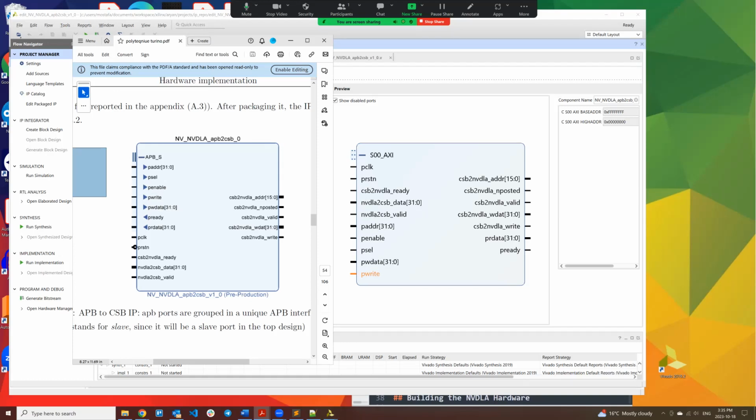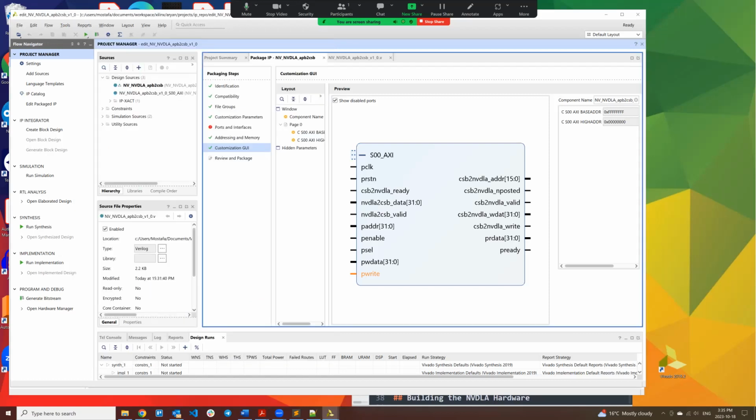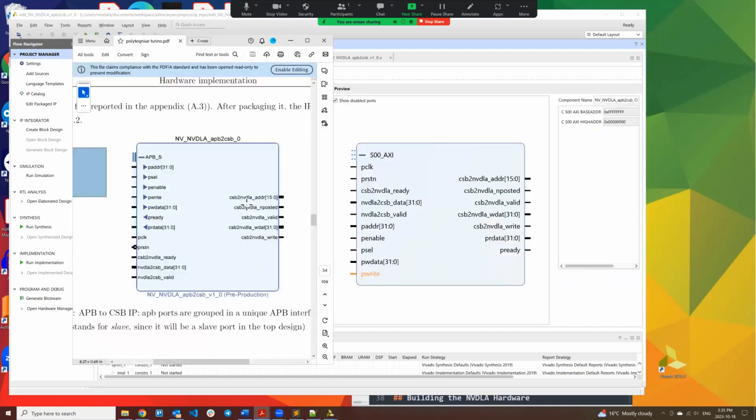And PW data, 32 bits, should also be integrated. That makes 7 signals. Okay. And on the other side, we have CSP to NVDLA address, 16 bits, CSP